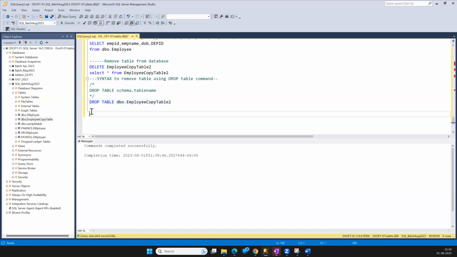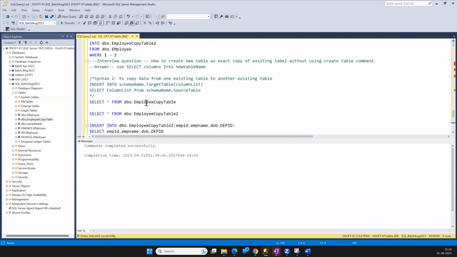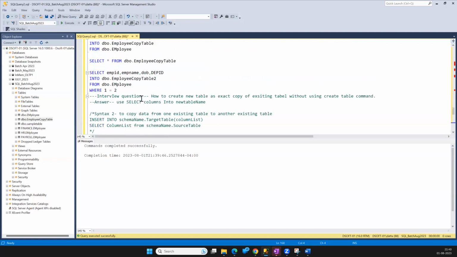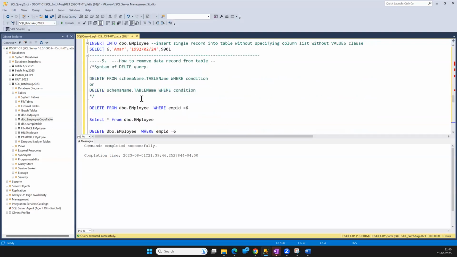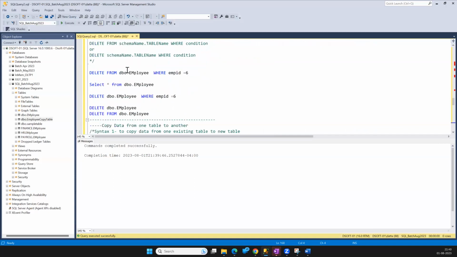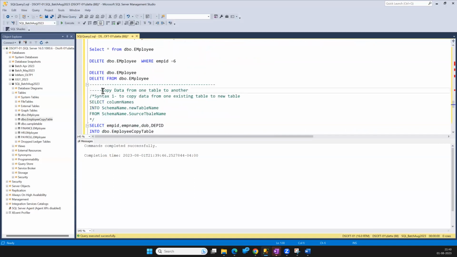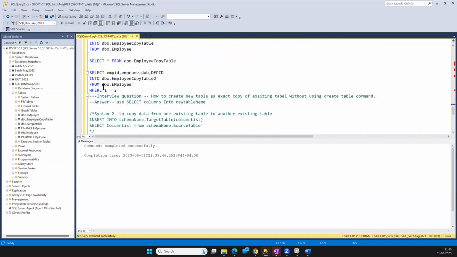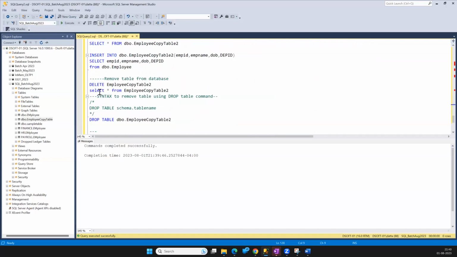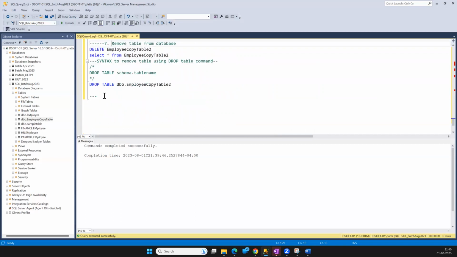There is one more syntax. Okay. This is how to remove data from a table. Then the sixth command here is to copy data from another table. The seventh syntax we are going to study here is to remove a table from the database. And this is the eighth syntax, delete all data from a table,